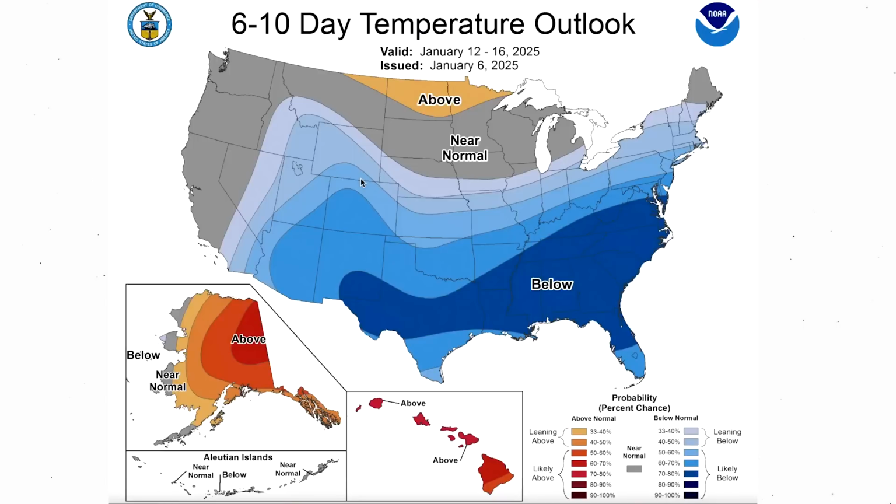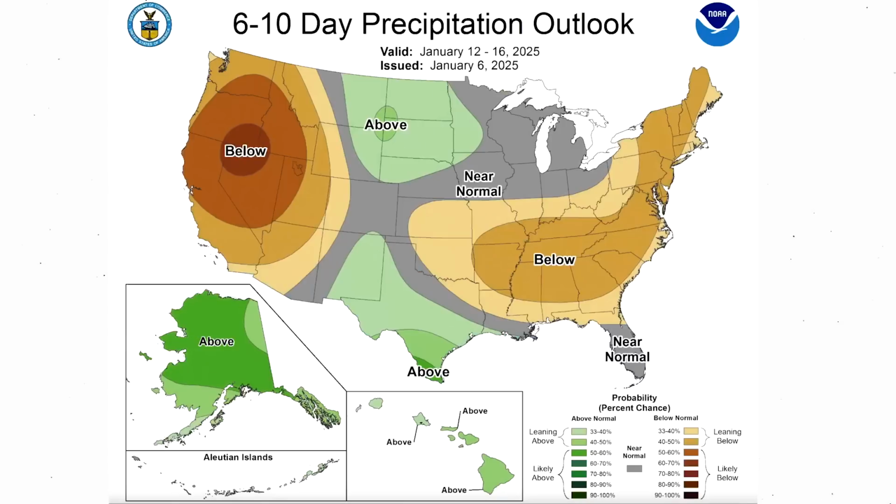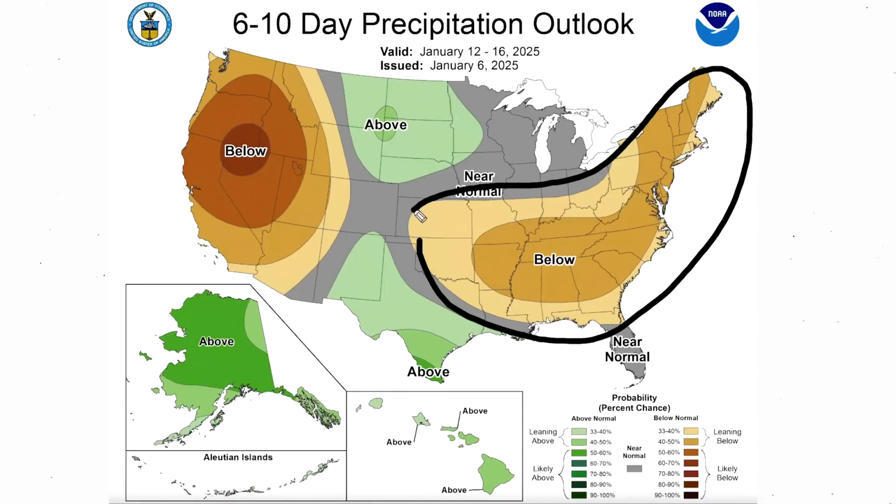We really have seen the PNA drive the pattern for the past, I would say, 6 months at least, through the fall and early winter, but maybe we're taking a break from that, seeing other types of patterns kind of driving what we're seeing here in the east. Pretty interesting stuff. When we look at the precipitation, keep in mind this is after our southern slider potential to go up the east coast, but this area looks to be drier after this storm is said and done for a little bit here, again, between the 12th and 16th.